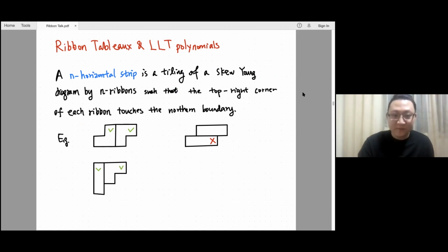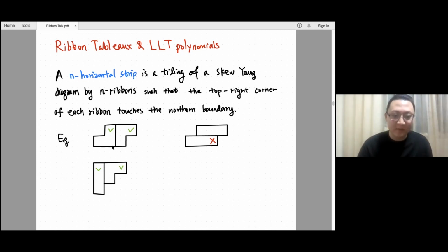All right, so we're going to define an n-horizontal ribbon strip, which is going to be a tiling of a skew Young diagram by n ribbons, such that the top right corner of each ribbon is going to touch the air. Meaning that the top right corner of every ribbon has nothing above it. So for example, in the two